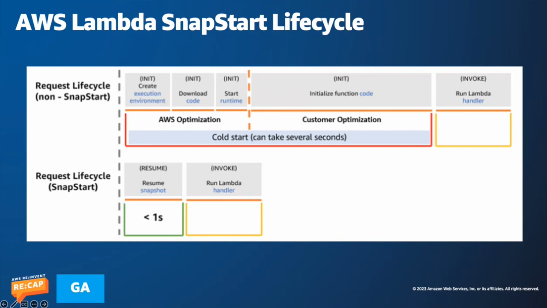And once we finish that, an immutable and encrypted snapshot of the memory and disk state is then cached for reuse. And the next time